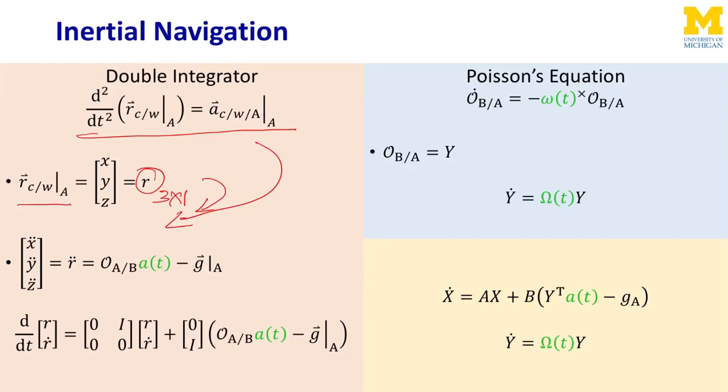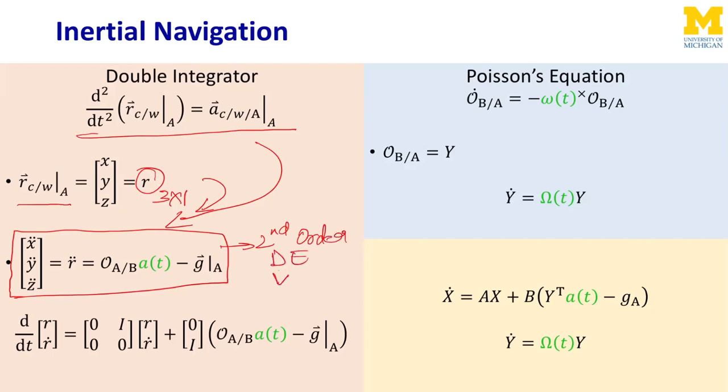And the fact that I'm measuring not the acceleration in the A frame, but the acceleration in the B frame corrupted by gravity, I have to account for that, and I will eventually end up with this equation. Now, this is a second order differential equation because I have two derivatives on R. So this second order differential equation can be converted into